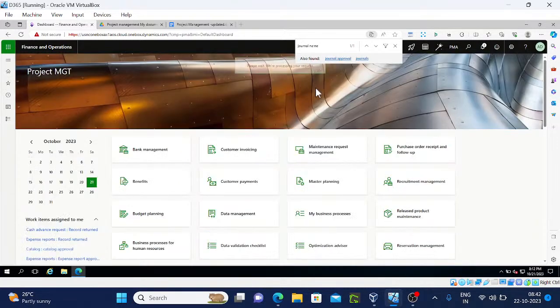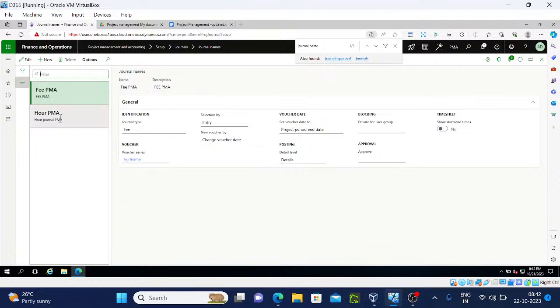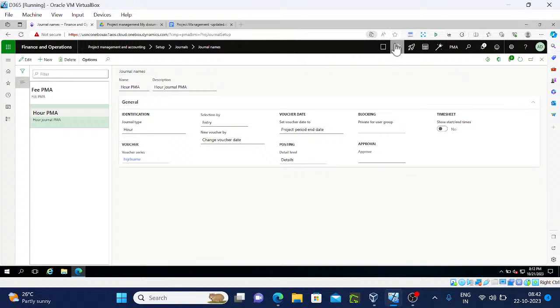So this is the place for the hour journal. When you create a journal name for the hours, you need to select the journal type as hour. Then it will appear in the form for hour journal creation,